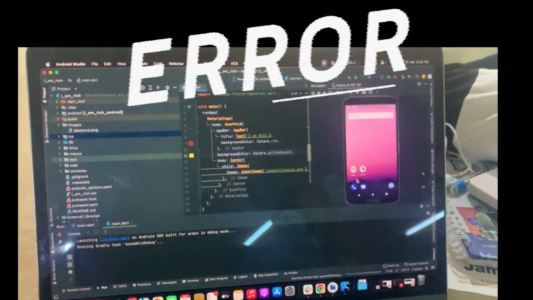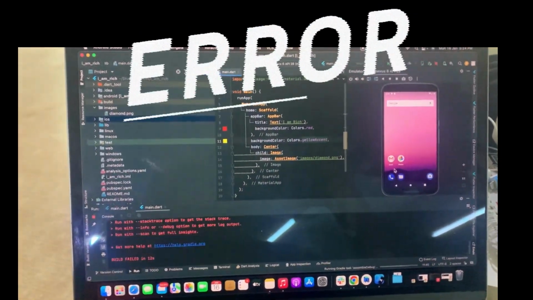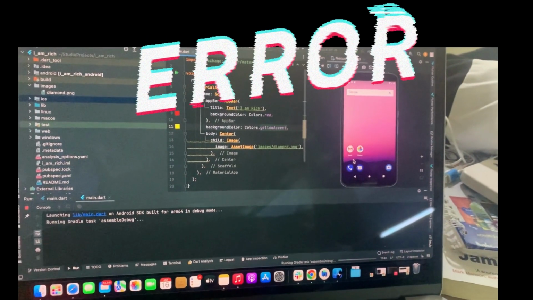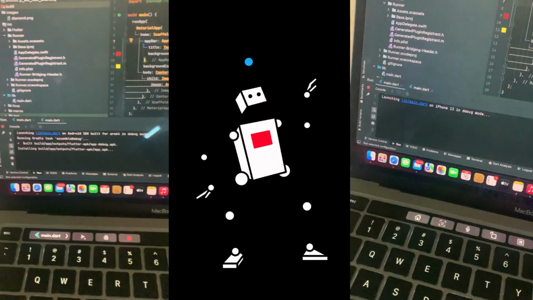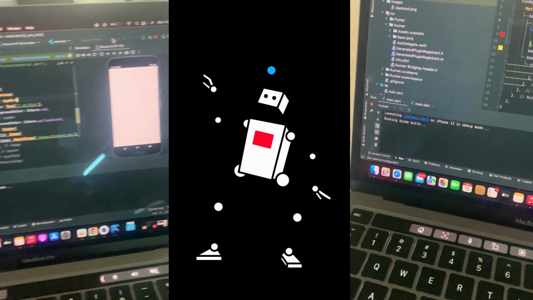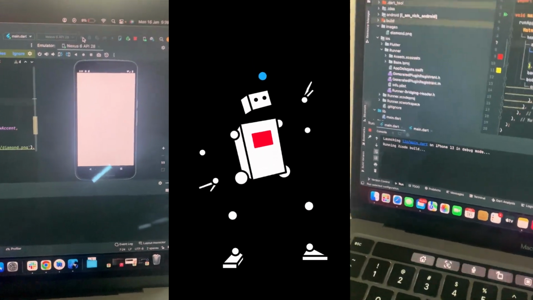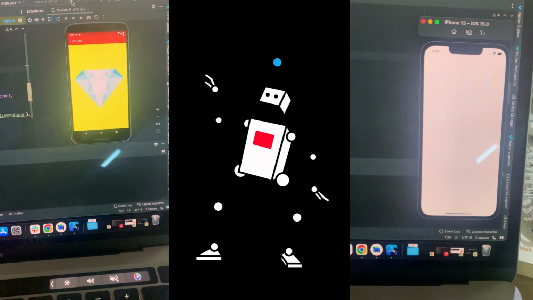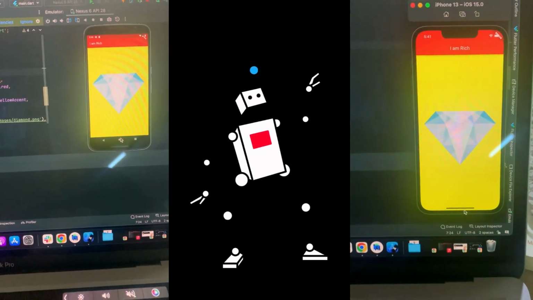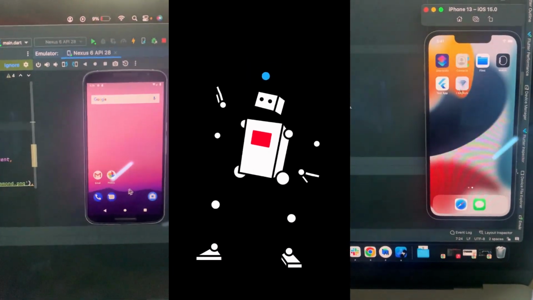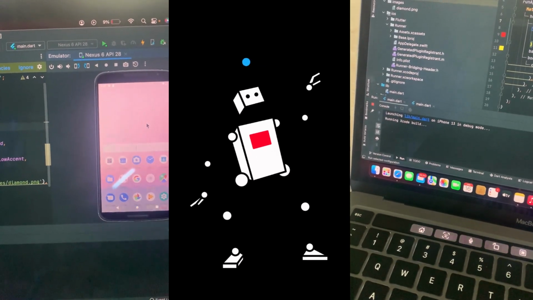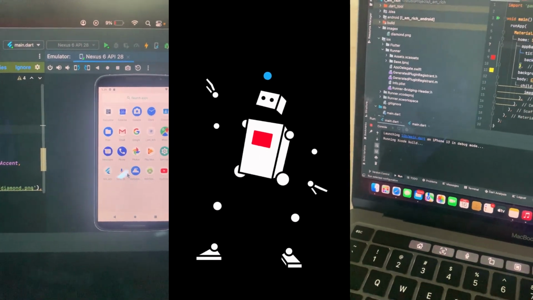Apparently, that wasn't the only error I was facing. I was also facing errors from the app icon. I accidentally deleted the wrong folder and I just had to retrace my footsteps and upload the right one. So after many trials and errors and also browsing Google and checking Stack Overflow for where I was having the issues, I was able to rectify all of them, run my code, and everything was working perfectly fine. So the Android kind of gave me a few